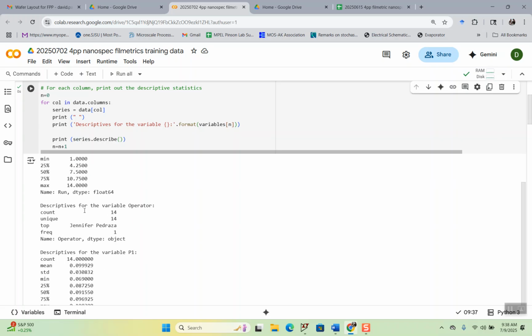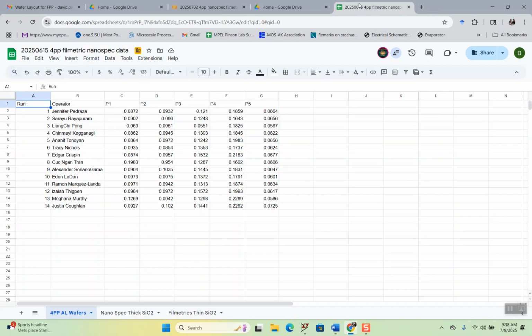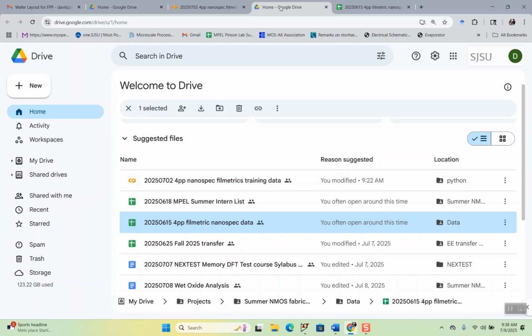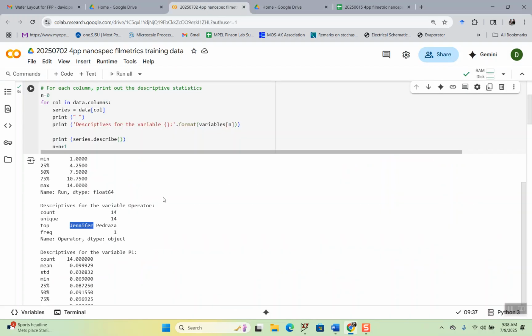Okay. Then we get into the descriptors of the variable operator. Notice it has count and it has unique values, and it just says top, Jennifer. And I believe that's because you're the first one there, right? And then frequency, how many times did you show up? Once, you did one data. But then nothing else is there because it makes no sense. Now you could probably convert the text to ASCII, then to numbers or whatever,